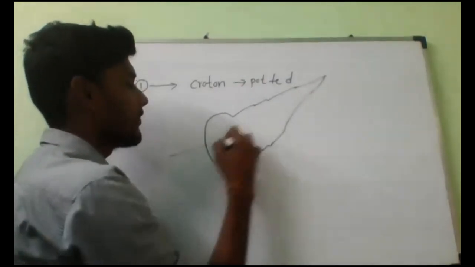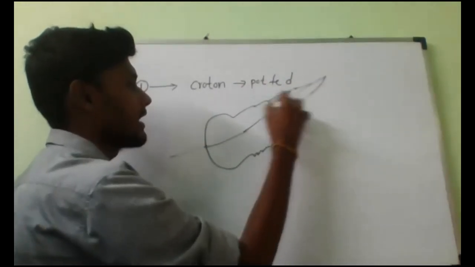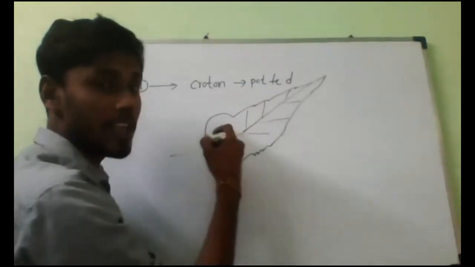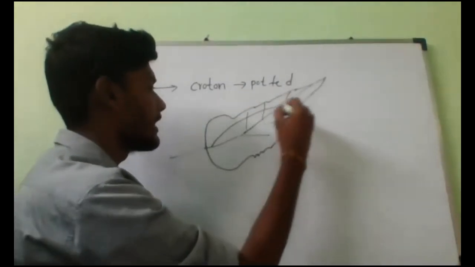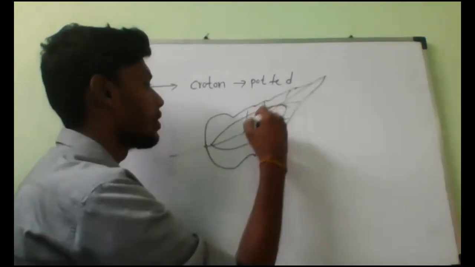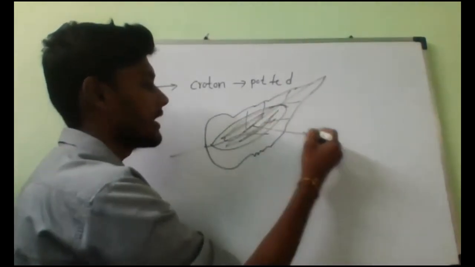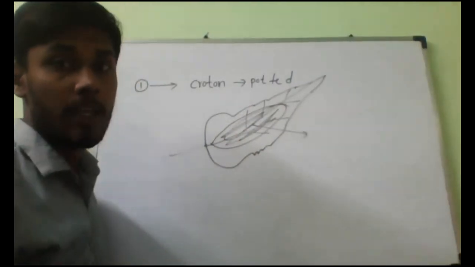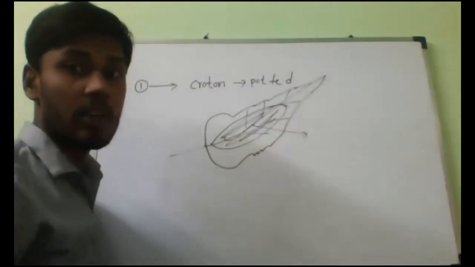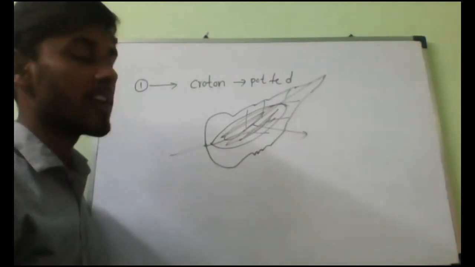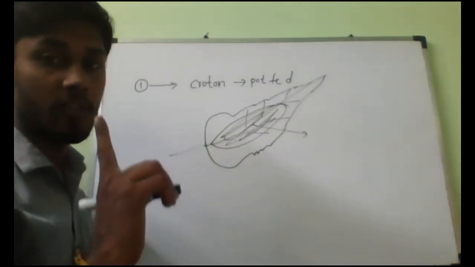So any kind of leaf of this plant, if you take, understand? In the middle it contains the green part. The green part of that leaf contains what? Chlorophyll. Understand? The green part contains chlorophyll, but the white part of the leaf does not have any chlorophyll. So that is the first thing.